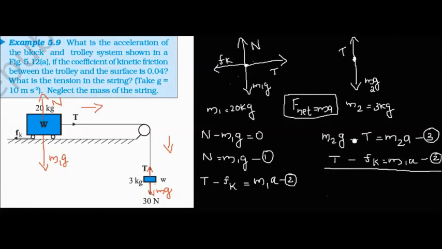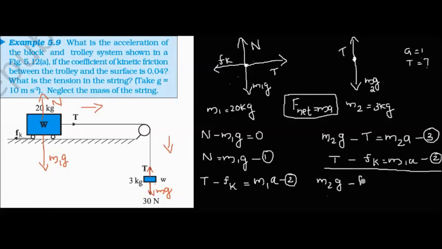Now you can see in the third equation we have tension minus and here we have plus T. We have to find out both acceleration and tension, right? So first I will find the acceleration. For that I am adding these two equations. When I add these two equations, this tension will get cancelled out and the remaining I am getting as